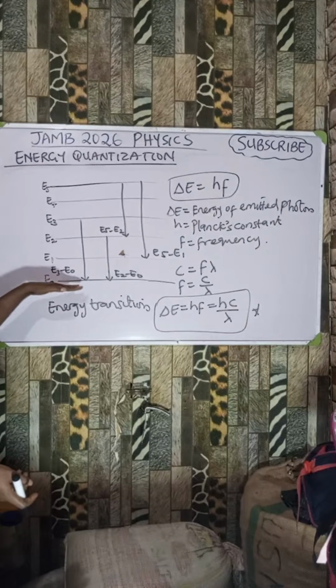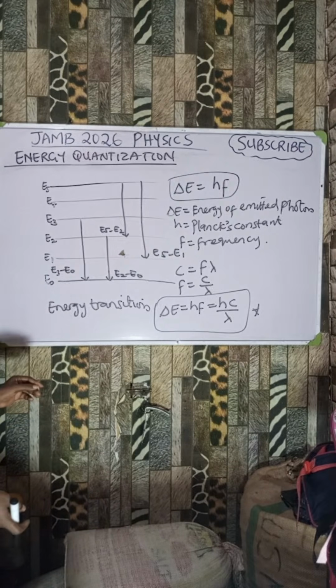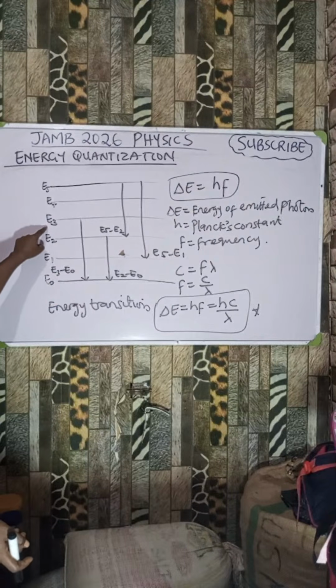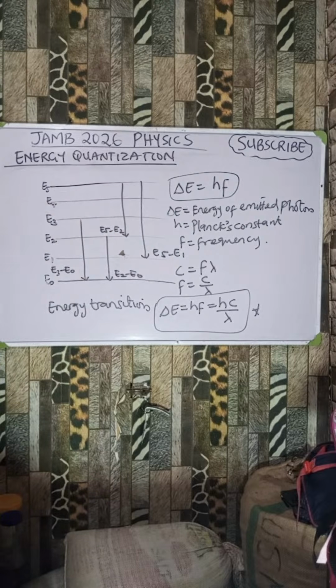Because they are not stable, they're going to return back to the normal state. As they're coming back to the normal state, they're going to emit a photon of energy or quantum of light with this change in energy, right? E3 minus E0. That's the change in energy, with a characteristic frequency given by this formula. So the energy of the emitted photon, E, is equal to hf. What is h? Planck constant. What is f? Frequency. Do you understand? So electrons keep jumping from one energy level to another in as much as they are being excited or being bombarded.